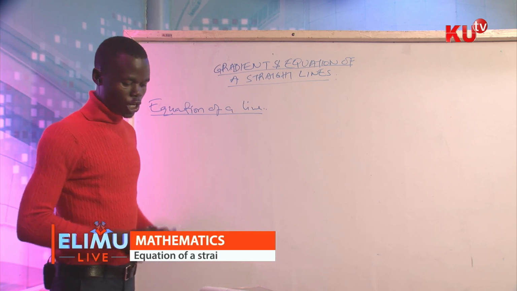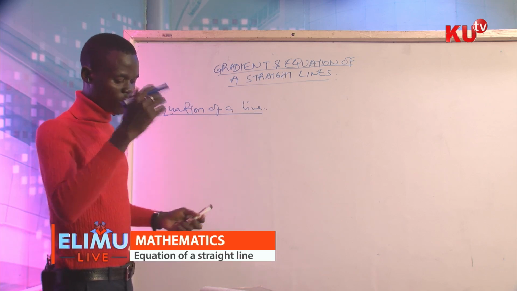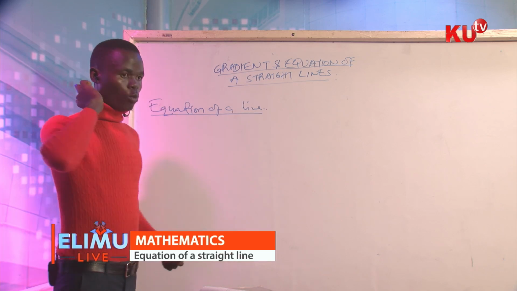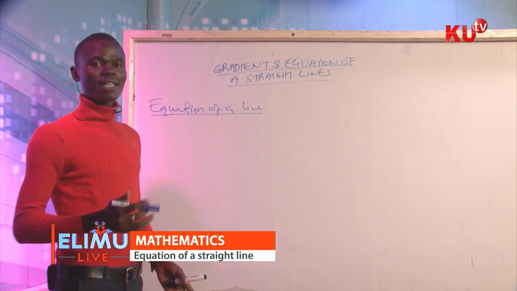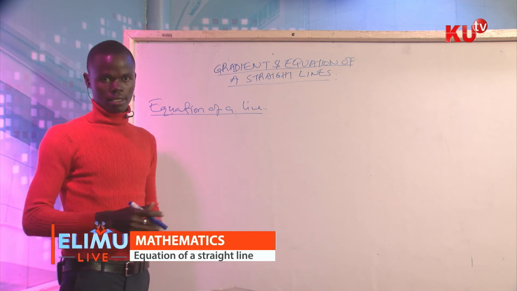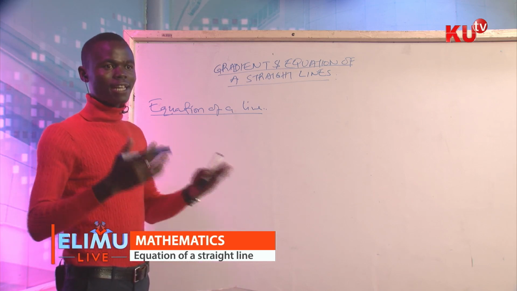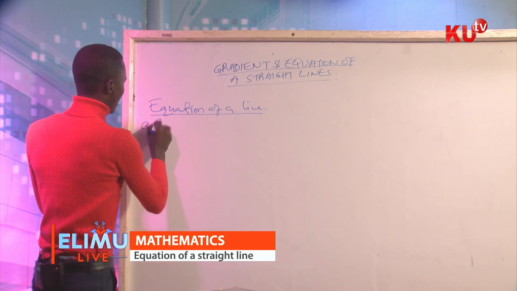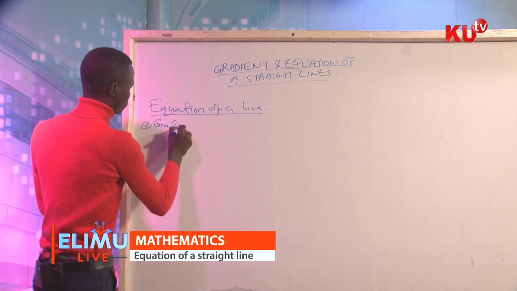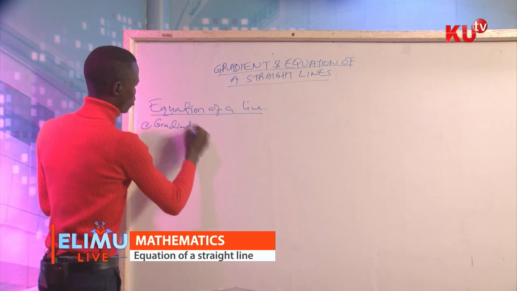But before we check on how to form the equation of a straight line, we have to know how to find the gradient of a line. So how do we find the gradient of a line? Gradient. Now, gradient